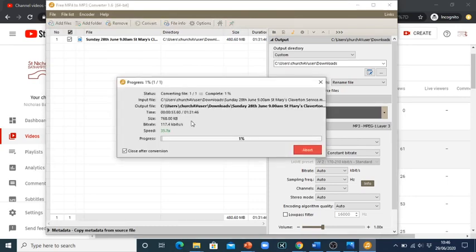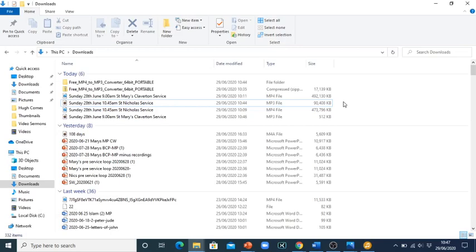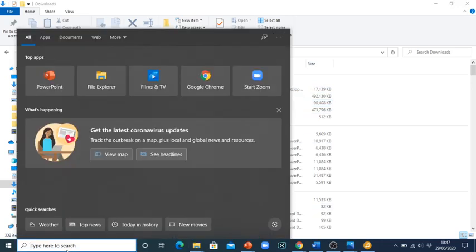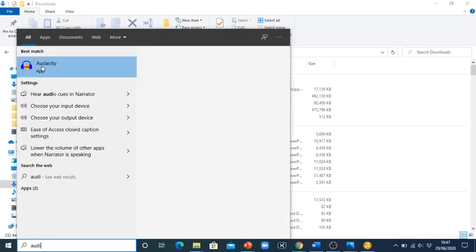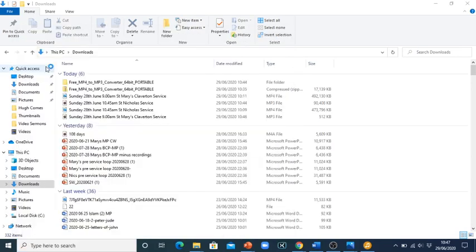and it will then take time before that process is finished. Once that process is finished, you'll see the mp3 file of the service appear in the folder where it was saved to. So the next thing to do is edit that in Audacity. So open up Audacity,